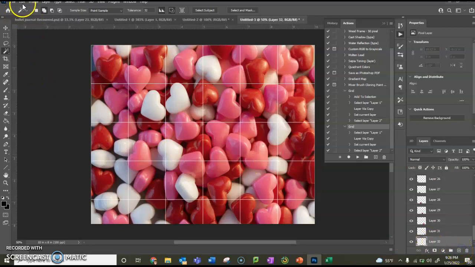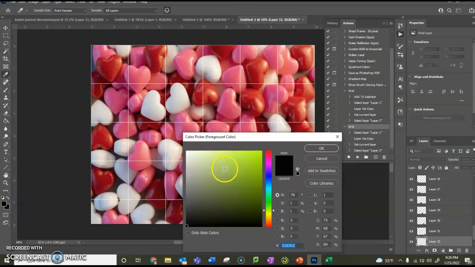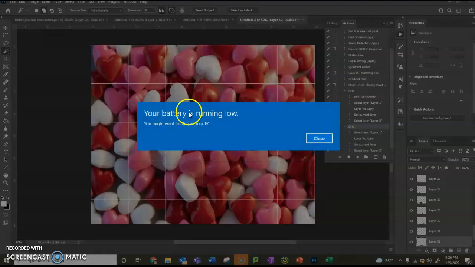and we're going to go up to fill. Okay, now I guess we're not. We're going to go over here. We're going to select white, have our paint bucket,